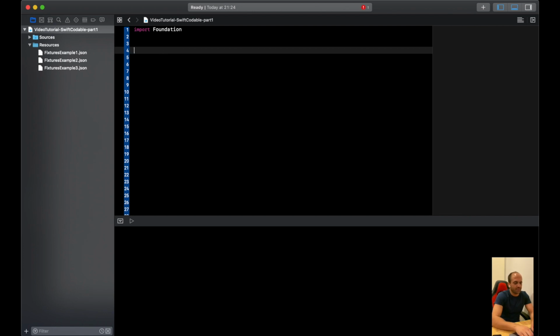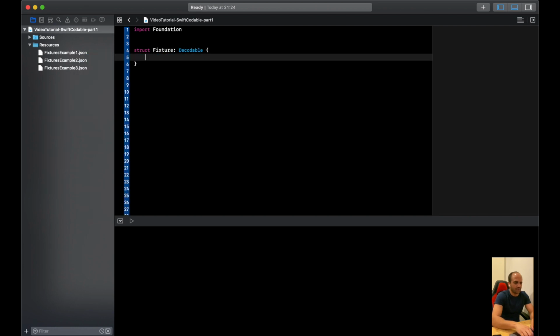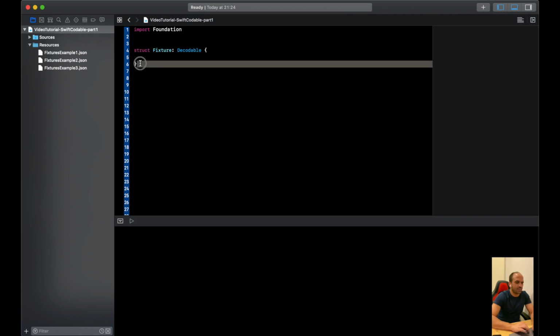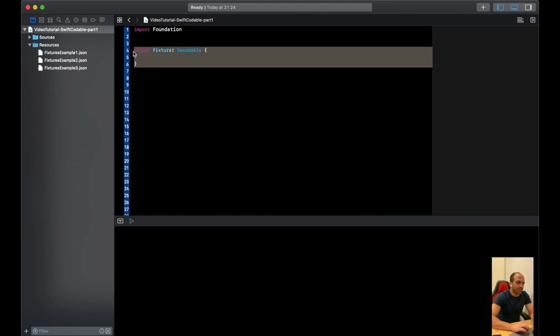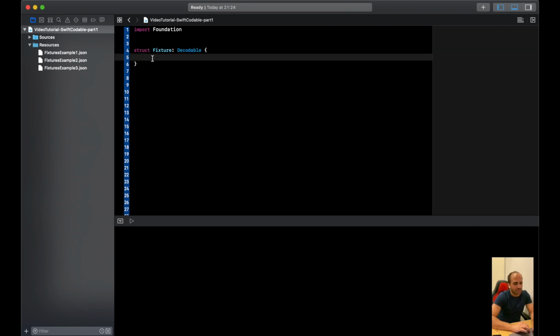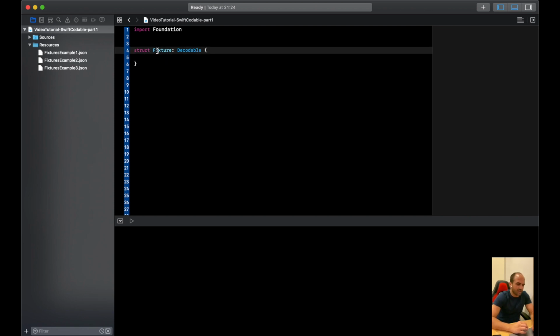There are a few steps. The first step is to declare a model object, which could be a struct or a class, and I'm going to declare a struct which should implement the Decodable protocol. Once you conform to the Decodable protocol, Swift is able to decode it, as long as all the properties of this